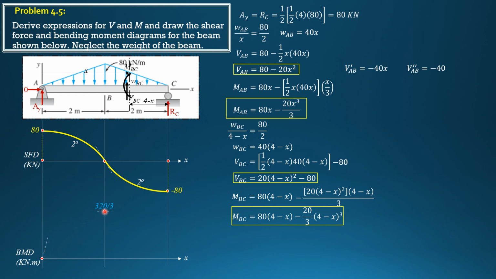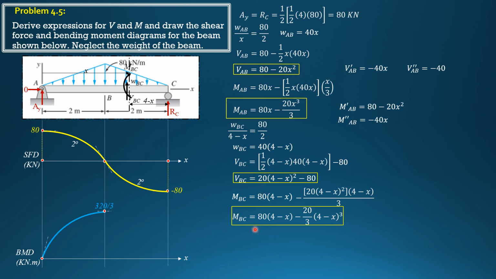Then you are given the idea how to connect these two tangents smoothly with a curve. So just make it tangent to the smooth curve. So it should be concave downward as shown. But based on concavity, if we evaluate M_AB prime, it is 80 minus 20x squared. So the second derivative of moment AB is negative 40x. Since AB is defined from 0 to 2, we assign x is 1, an intermediate point. So negative 40 times 1 is negative 40. So that's why it is concave downward, as checked using the tangents. For portion BC,